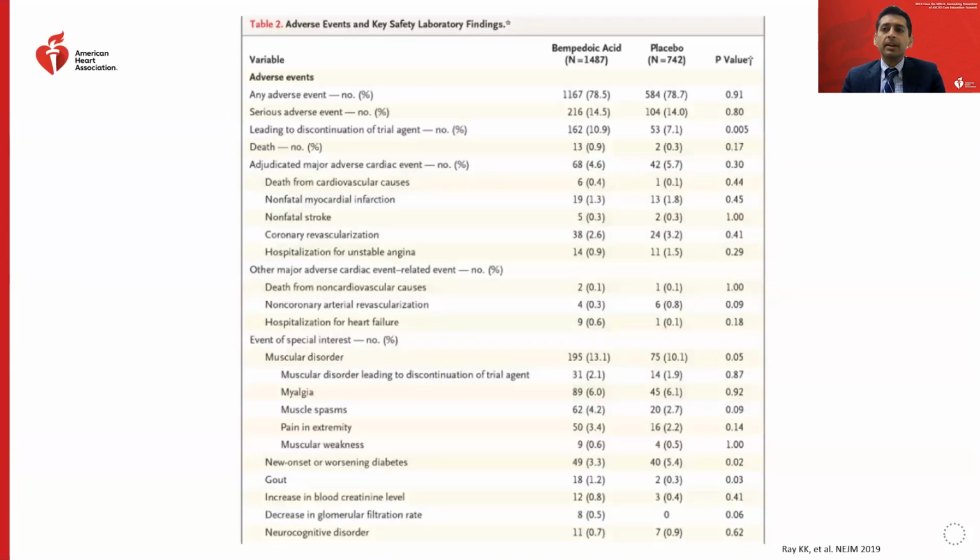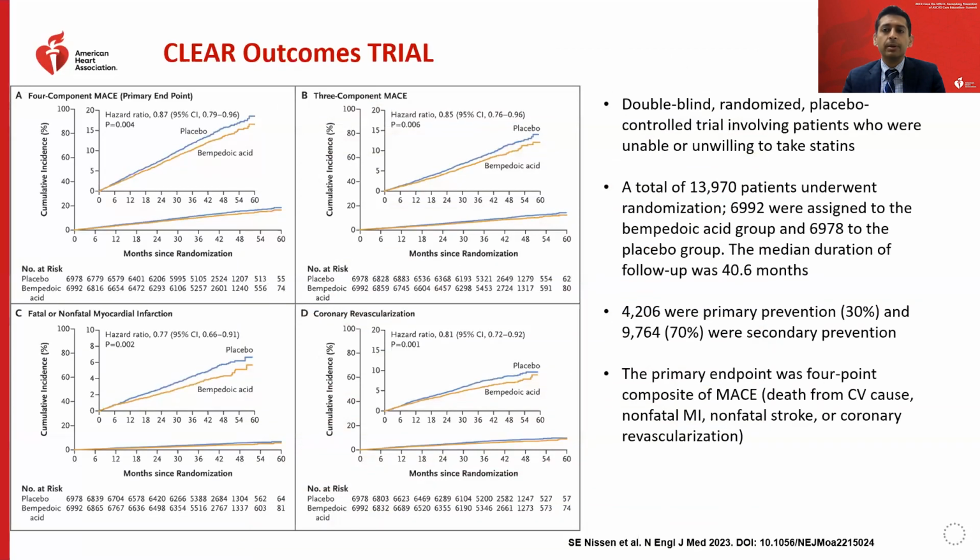One of the things to just keep in mind, because everything we do really revolves around shared decision making, is just understanding the patient that you're starting bempedoic acid on. And one of the things in terms of its safety, it's relatively safe, but there was a signal towards increased gout flares in patients with established gout with bempedoic acid. But more exciting about bempedoic acid was really recently at the past American College of Cardiology scientific sessions, where the CLEAR Outcomes trial was presented.